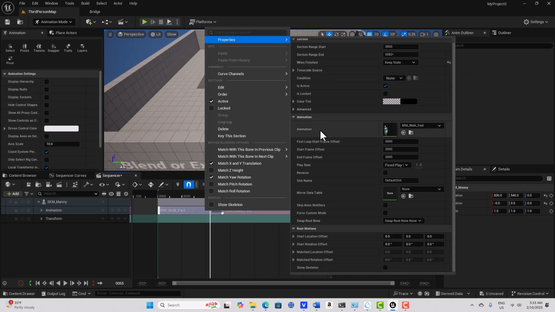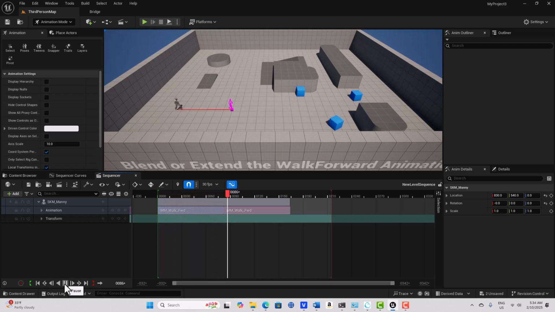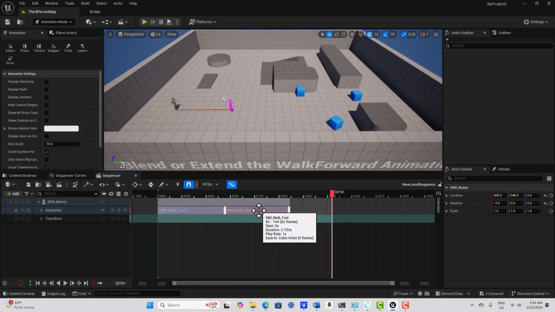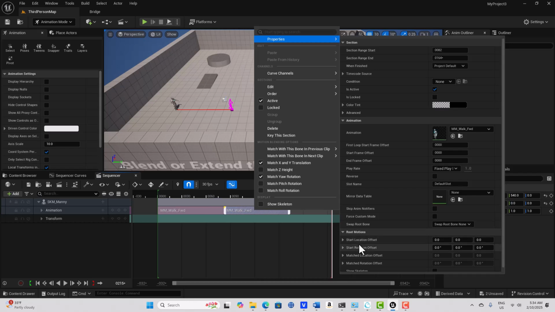The only way I was able to figure this out was, you see down here where it says show skeleton? Turn that on. Then I can save that, and you can see the path of the skeleton here. Watch, hit play. See how the skeleton stays there? Now what you're seeing is this animation kick in. So I discovered that we need to offset this animation. We right click, go to properties, and down here you'll see start location offset. That's where we can put in the value here,